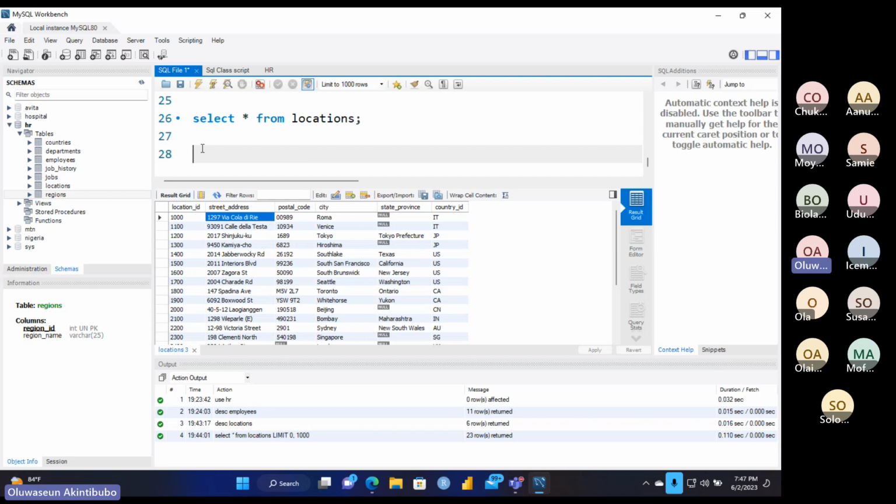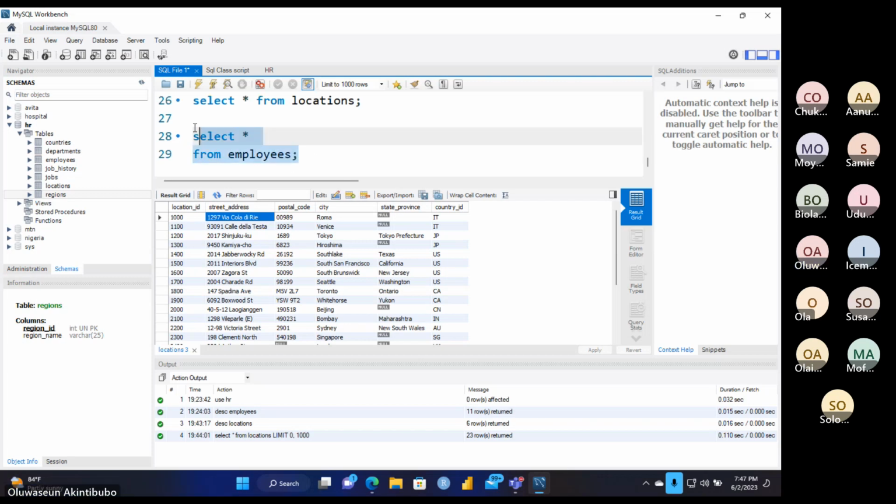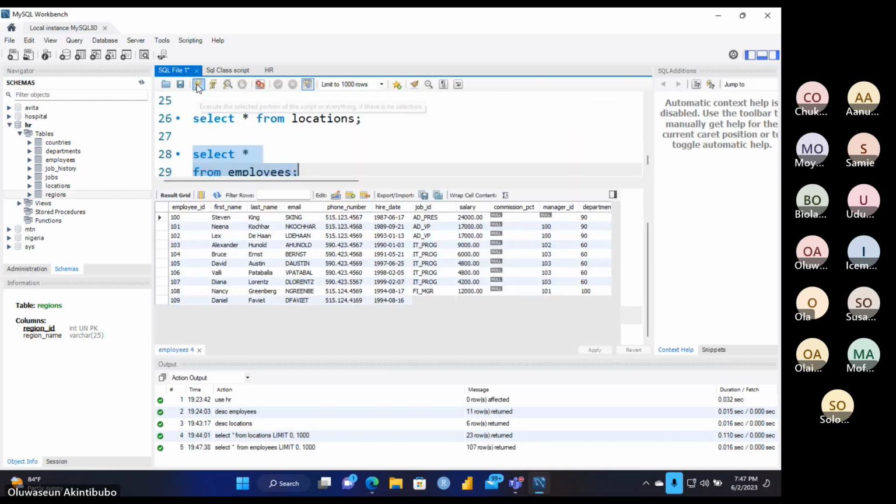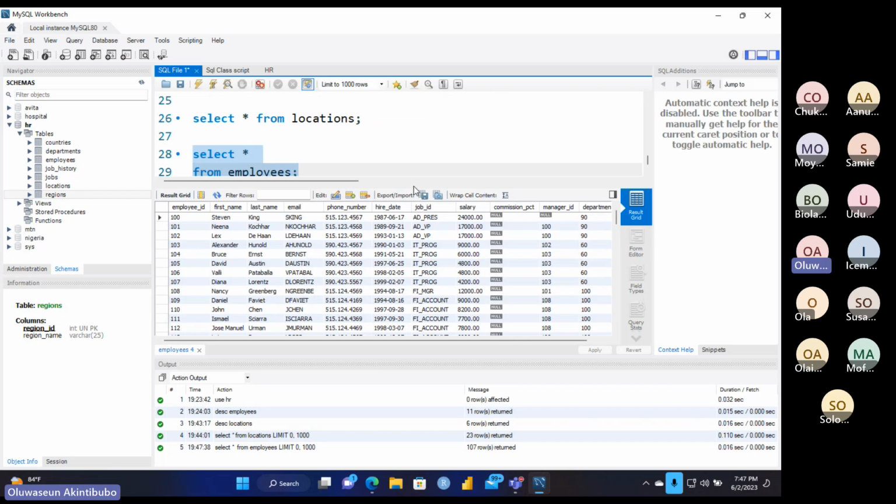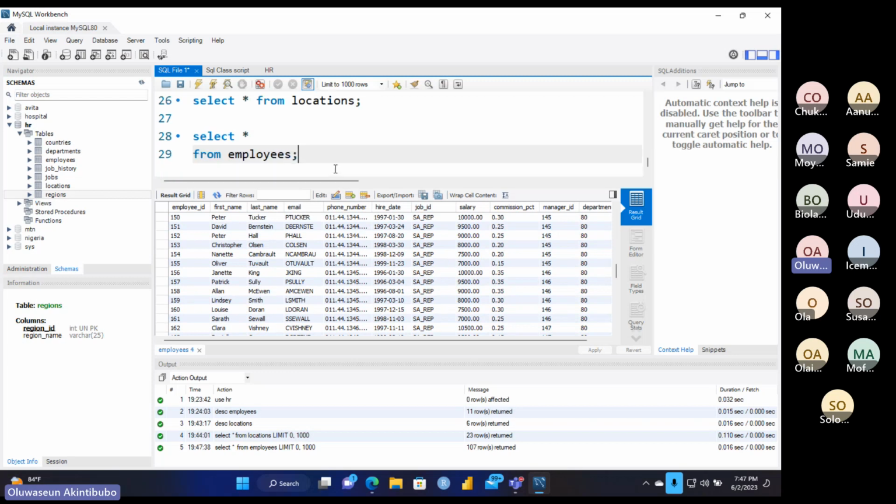So if I say select all from employees, you see that we have 107 rows, right? But I don't want to show all of that. The company hired several new data analysts or database administrators or whoever is going to be using the database, and because this table contains sensitive information,